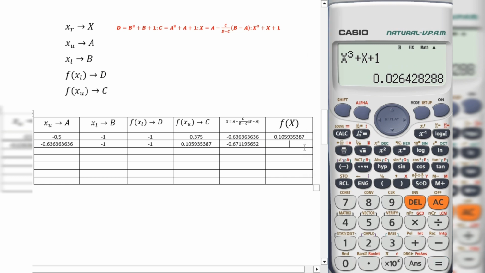The function value is positive, 0.428288. Again our root is between